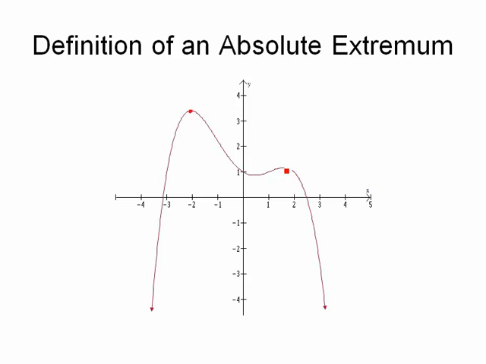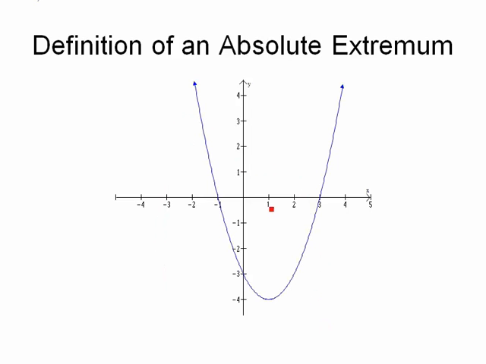Compare that to the point right here, which is higher than the points nearby, so it's a relative maximum, but it is not the absolute maximum because there are points on the graph, such as the ones up here, that are even higher. This has a relative minimum right about there, because that point is lower than the ones nearby, but there is no absolute minimum because this graph continues to go down, down, and down on either one of the sides. So in this example, we can have an absolute maximum, but not an absolute minimum.